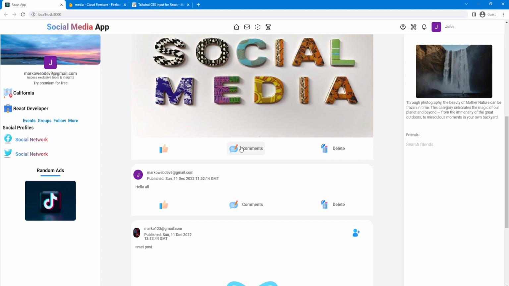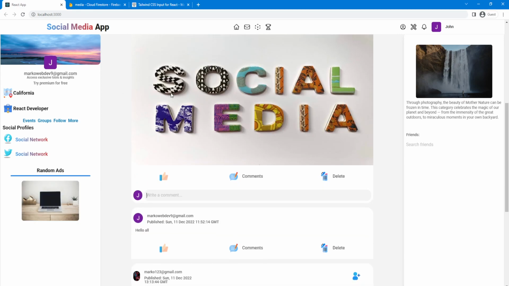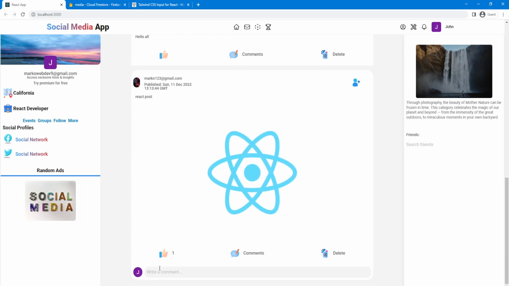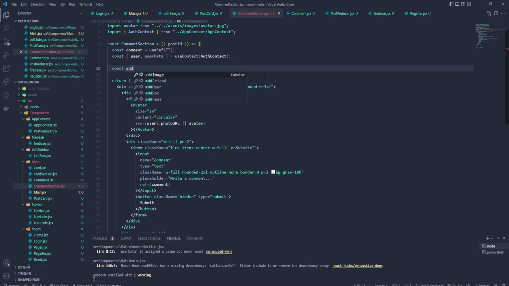Okay, and when we click comments, we are getting write a comment and our logo. Okay, we can also create it over here and write comments. Let's refresh. Let's go back to the comment section, and let's create now functions for writing comments. So let's add something like add a comment over here, const add comment, and over here we're gonna have